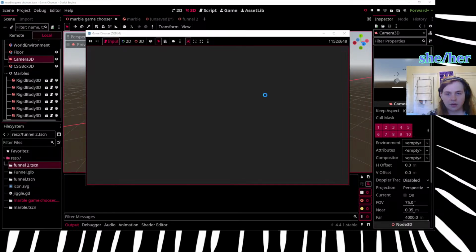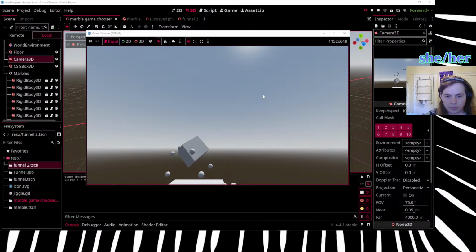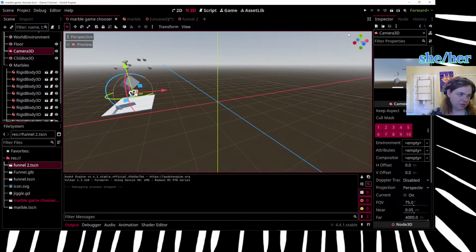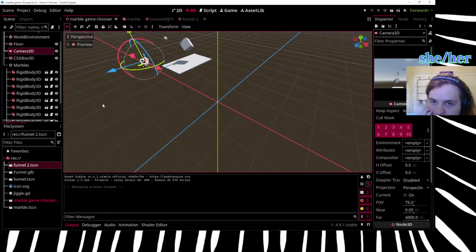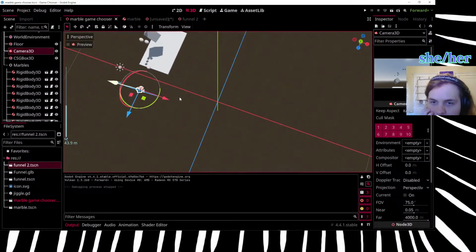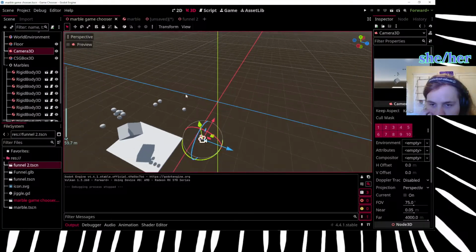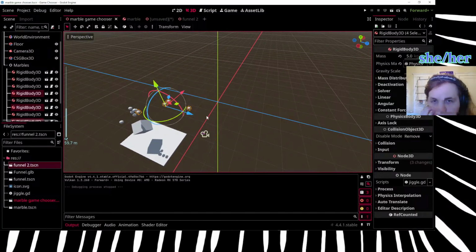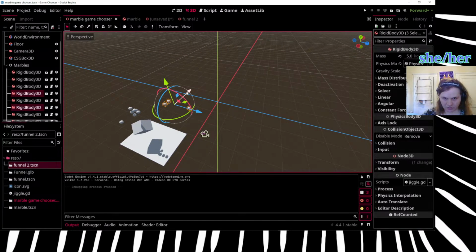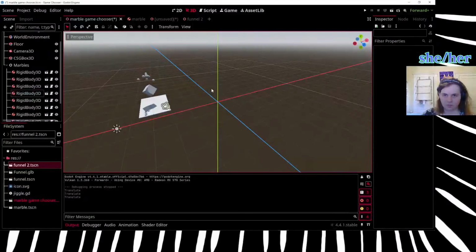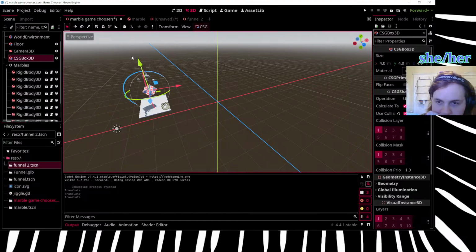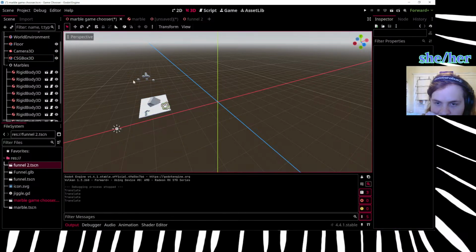Whatever, let's just run it. Like, you can see that just works. I haven't positioned these like all that well for demonstration purposes, but they go where they're supposed to, the physics works. And I've tuned these specific guys to act kind of like marbles, and they do. And I've jiggled everything such that